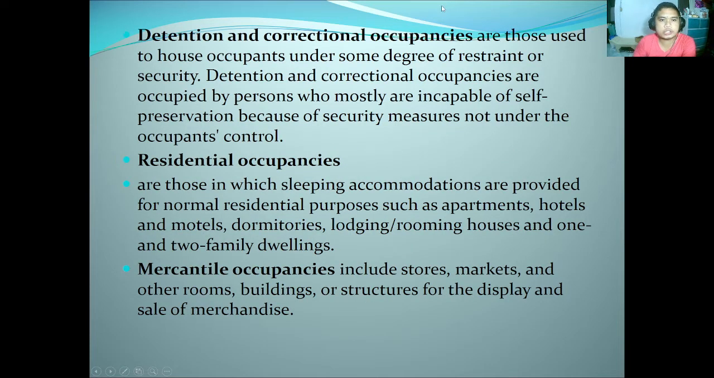Yan guys, detention and correctional occupancies are those used to house occupants under some degree of restraint and security. Detention and correctional occupancies are occupied by persons who mostly are incapable of self-preservation because of security measures not under the occupant's control. In the detention correctional occupancies, guys, we consider that this matter in our country also in Bureau of Jail Management Penology and Bureau of Correction, no? Yung ating mga 7 penal farm colony, ang ating municipal, city, provincial jail, we consider that as a detention and